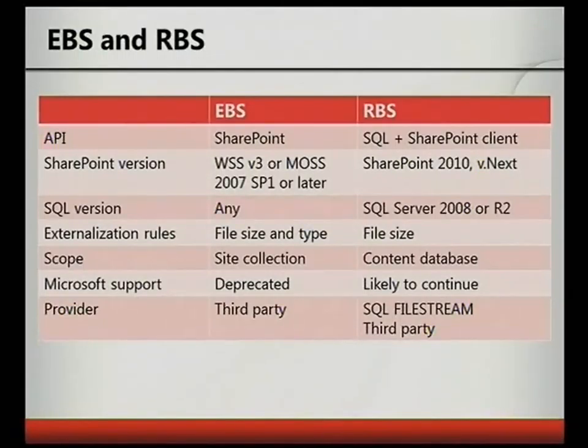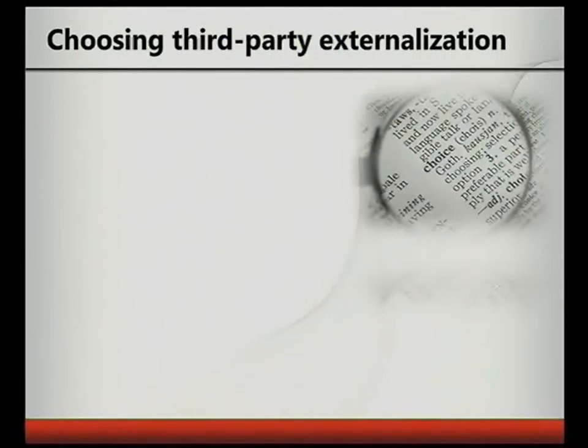But there's a number of slides that give you pluses and minuses of the different platforms and all those things. And as you look at EBS or RBS, as you look at RBS, Microsoft has given us the file stream provider for free, which is great. And it works, but it's not particularly feature-rich. It's not highly performant, and it's a little bit difficult to implement with lots of scripts and all those kinds of things. So you're going to probably want to be looking at third-party solutions for the provider,